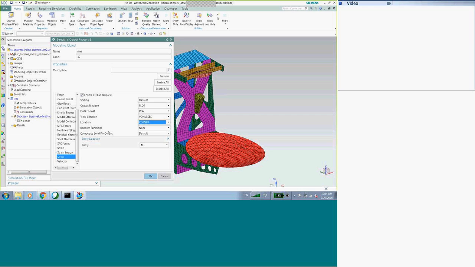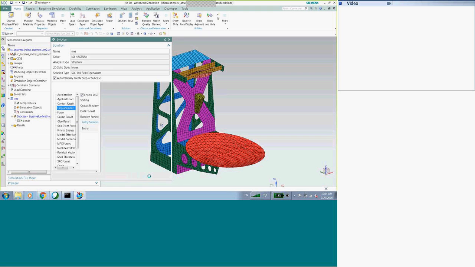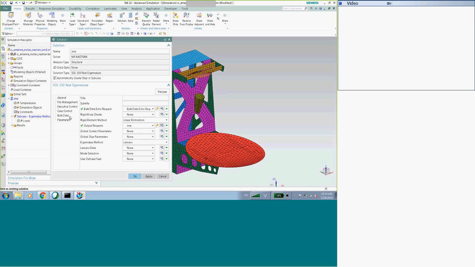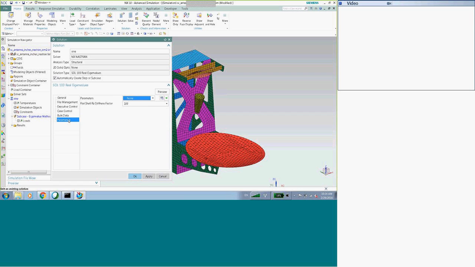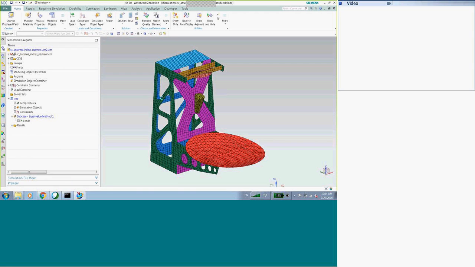We can put corner. By default it should be on. Parameters, and this is where I tend to have an issue with the earlier versions of NX10, so I have trouble finding these.